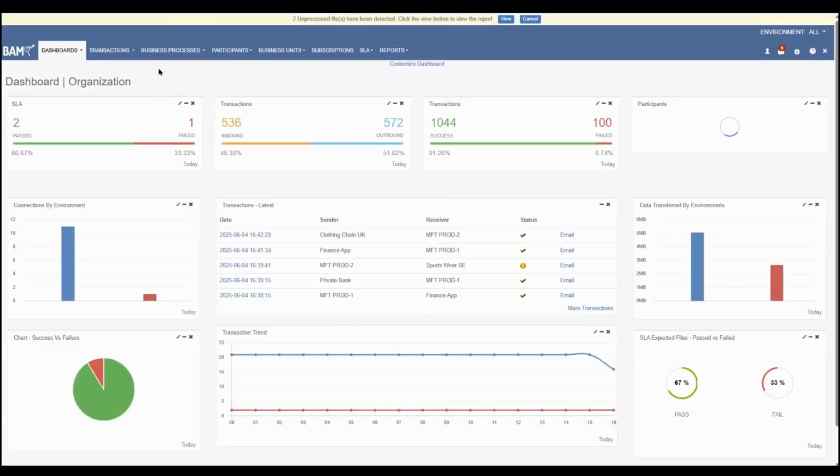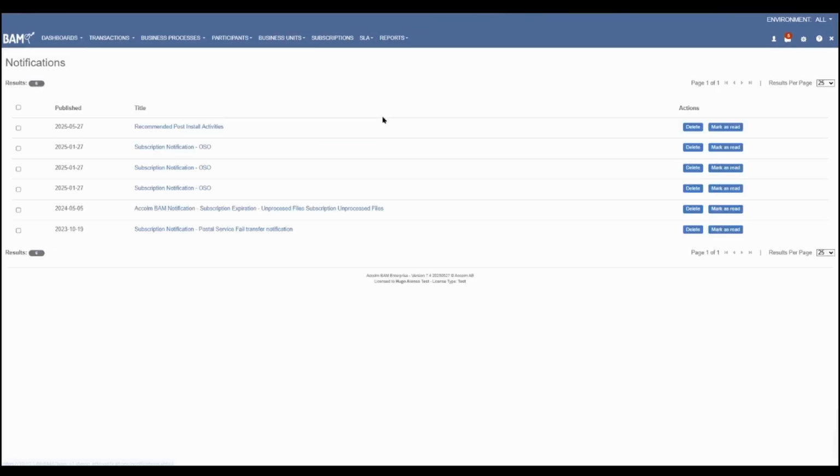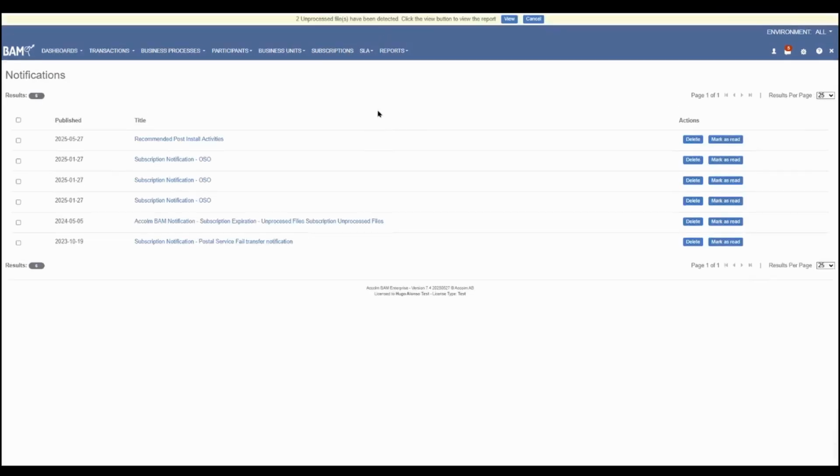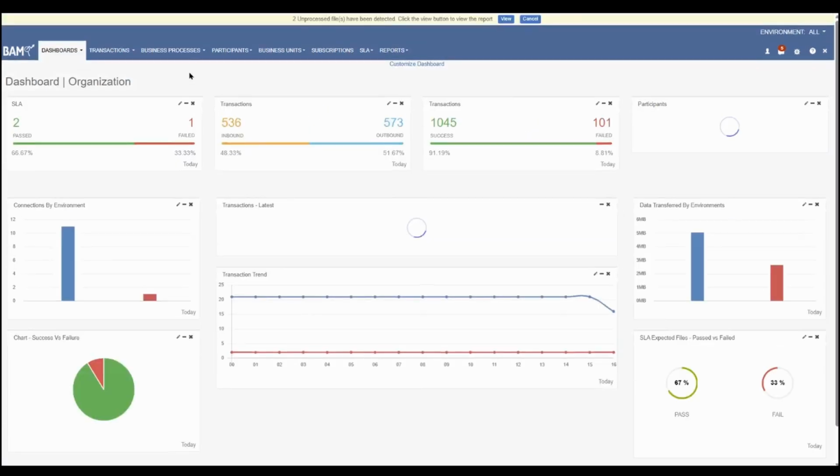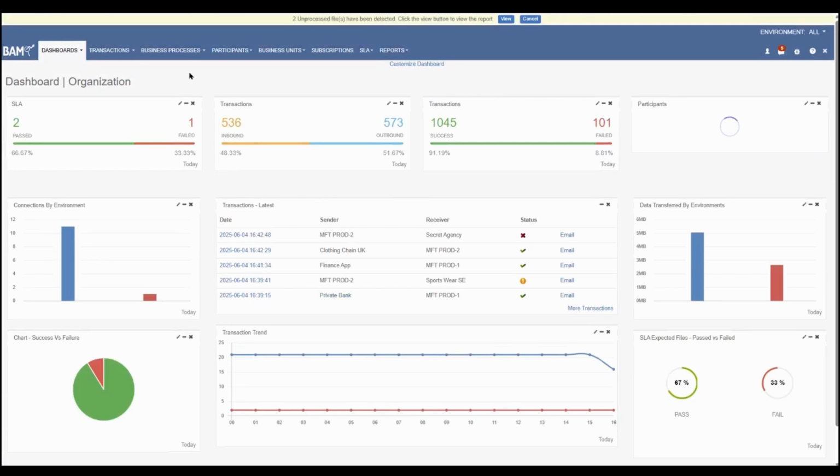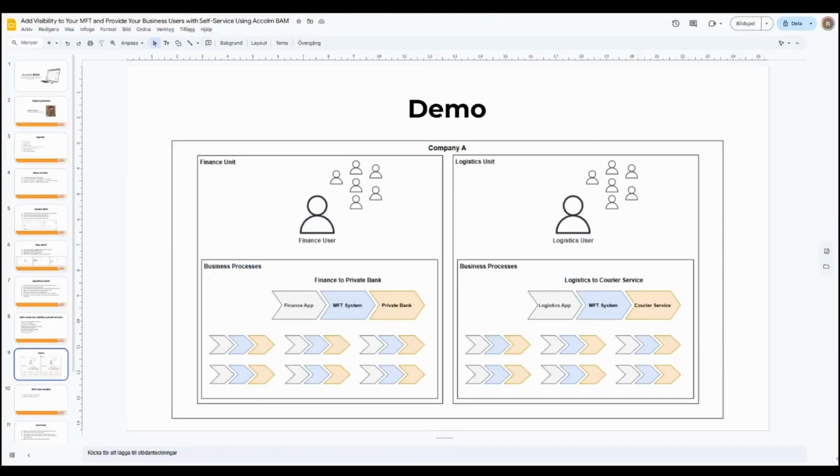And then as a final little notice is that we also have a notification system in BAM as well. As you can see over here, I have something called unprocessed files. I mentioned very briefly about tracking files stuck in transit, and we also have a notification system over here where we do get information. Not going to go too deep into that. And I think that is for the demo side of things. So going back to the slides,